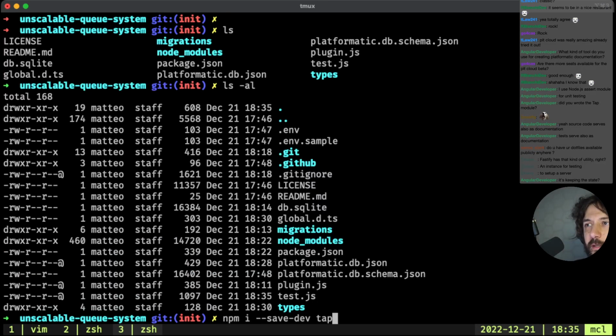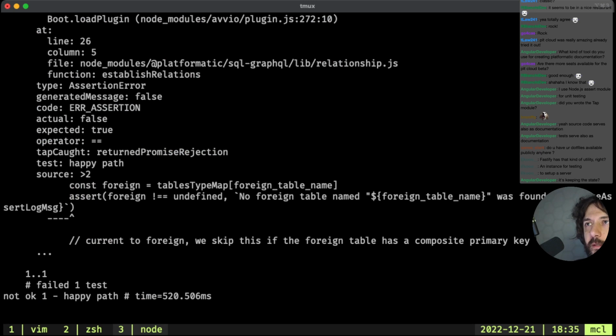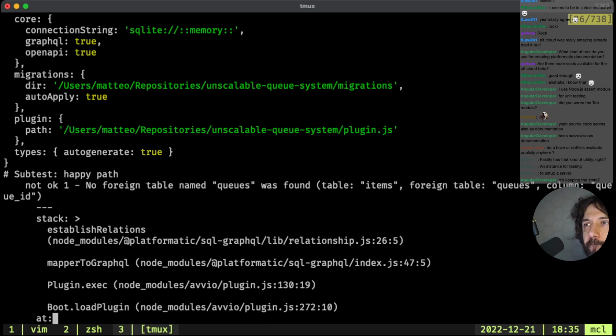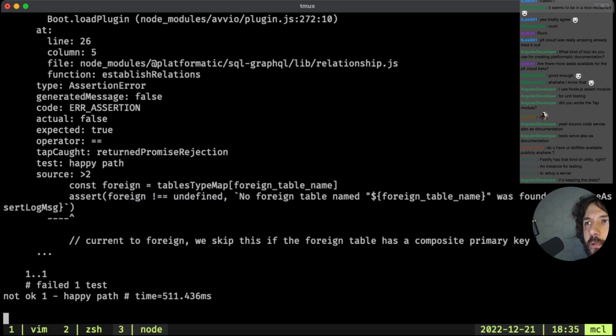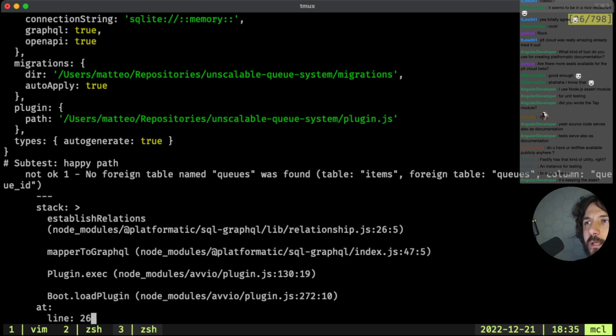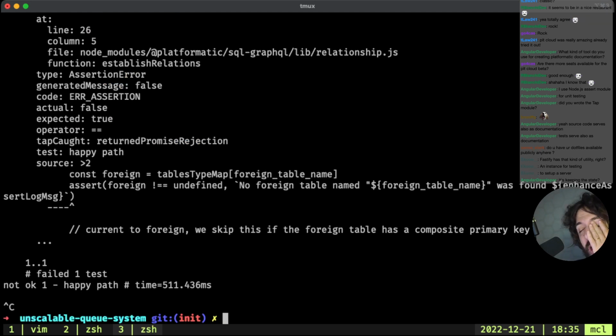Yeah, it's likely creating a memory file somewhere. Ah, why is it complaining? No foreign table. It's keeping the same. Yes, because I put memory with the wrong config and it was still saving the file somewhere.